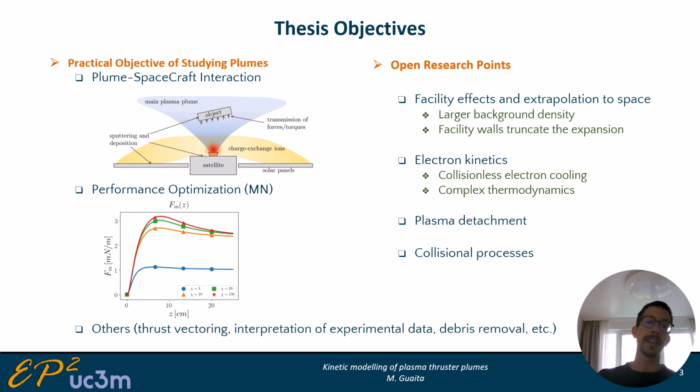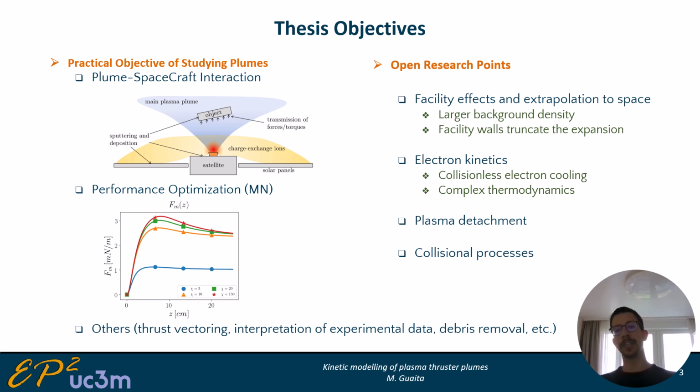Another point of interest, specifically in the case of magnetized plumes, is that the plume is part of the thrust production mechanism. So we are interested in modeling it in order to optimize the performance of the thruster itself. There is then another series of points of interest, such as controlling the direction of the thrust, which can be done with magnetic fields in the plume,